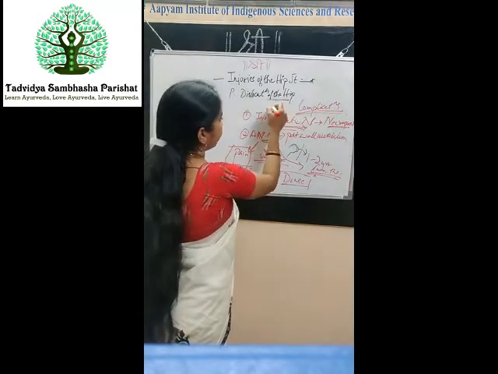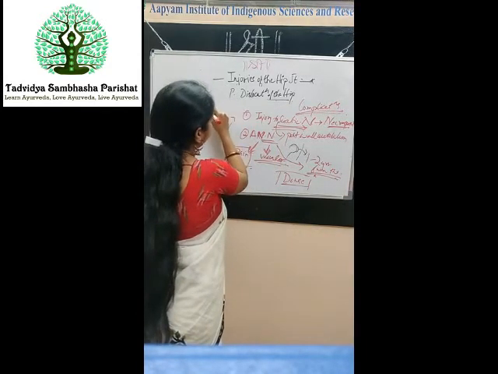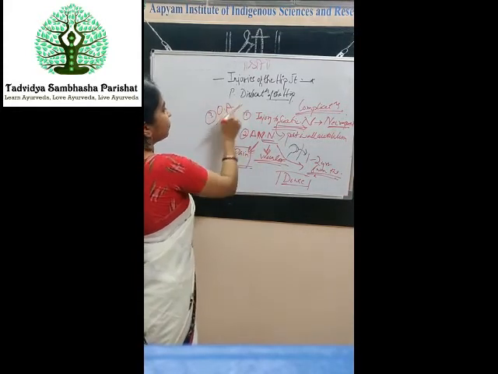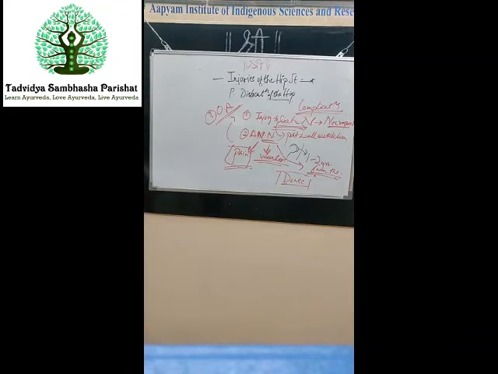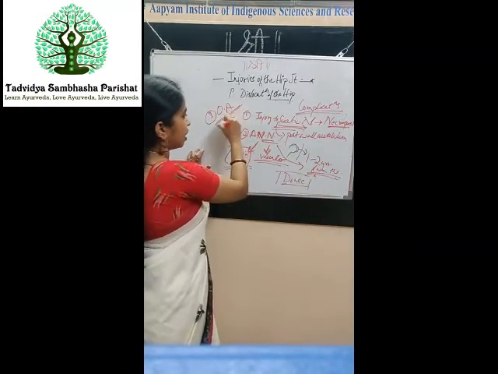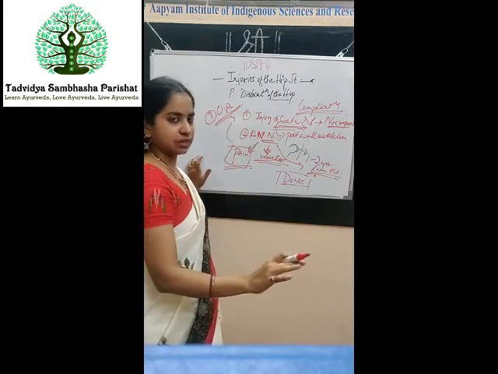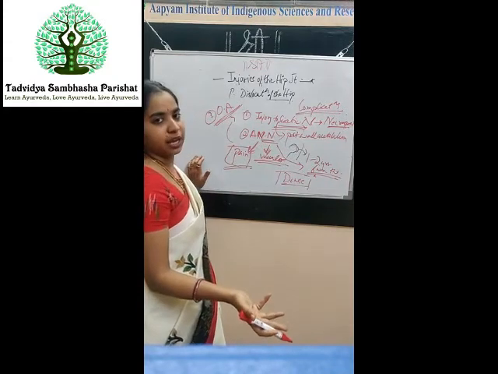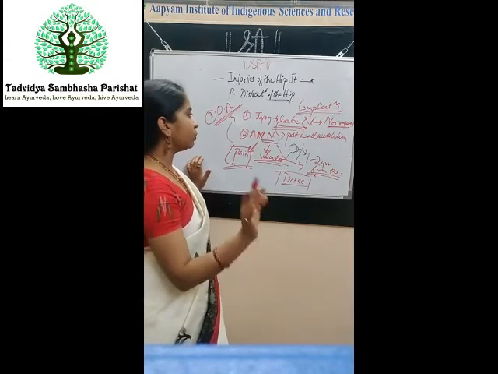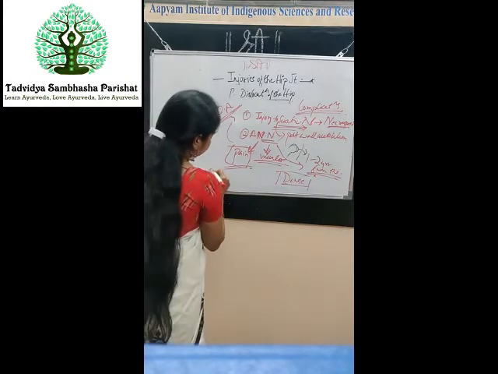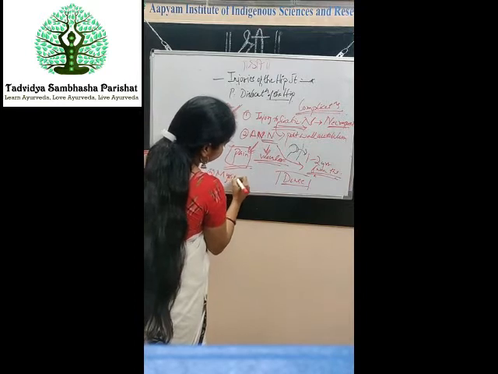Now, after AVN, the third thing: because of AVN the joint could end up with OA, osteoarthritis. So it is important because everything is linked to each other. Suppose there is OA, we saw that OA is one of the prime reasons for recurrent dislocation. So the patient could also end up with dislocations of the same joint again with trivial forces. So osteoarthritis is the next complication, and the last complication under this heading is myositis